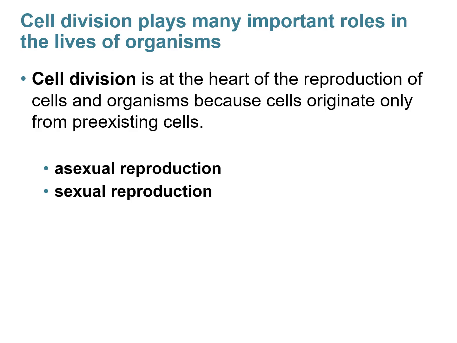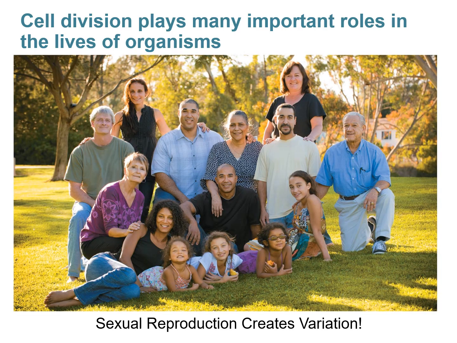For example, if we were to think about a family like the one in this picture, we'd notice that these people are pretty different from one another. They have different skin colors, different hair, different eye colors, they're different heights. This variation comes from sexual reproduction and relies on the idea that the cells produced this way are unique. We'll spend some time talking about sexual reproduction later when we get to meiosis, but for now, let's focus on